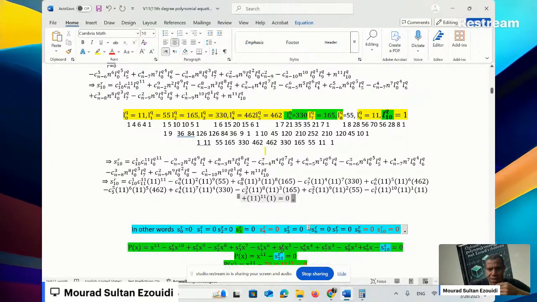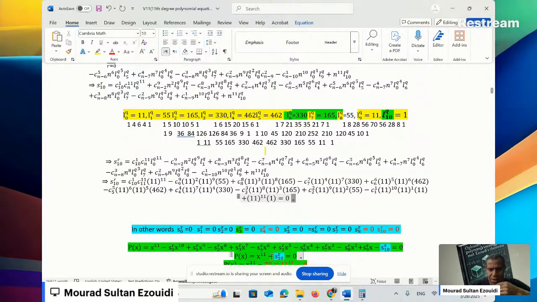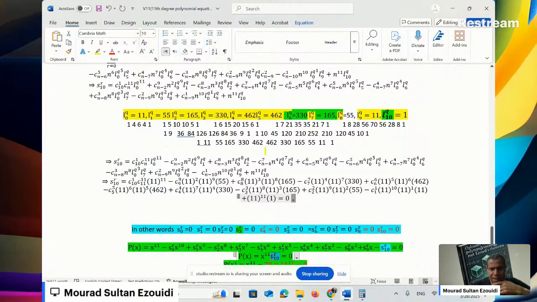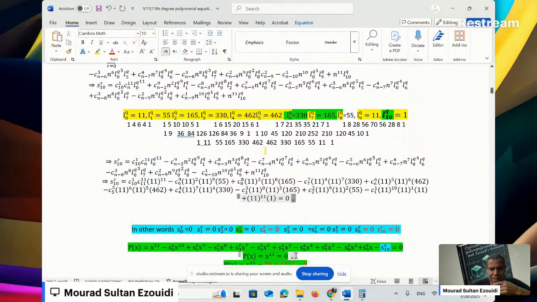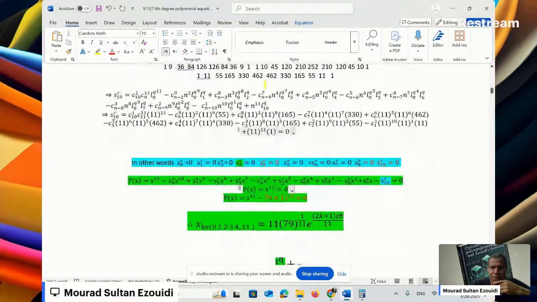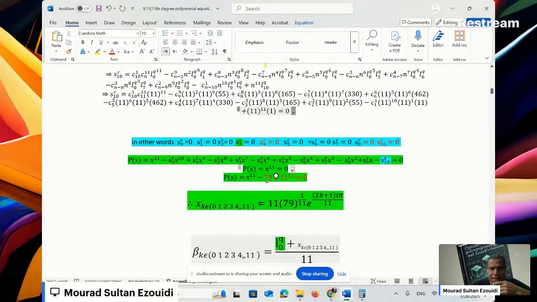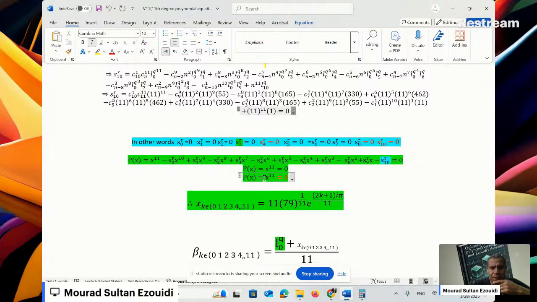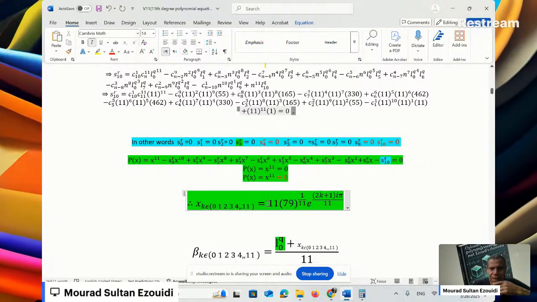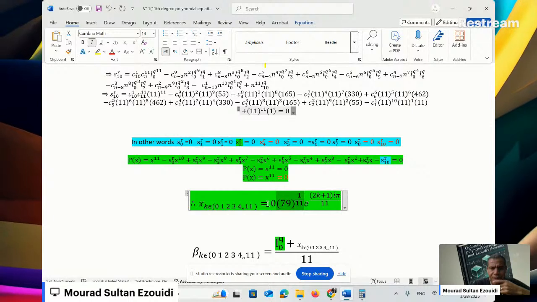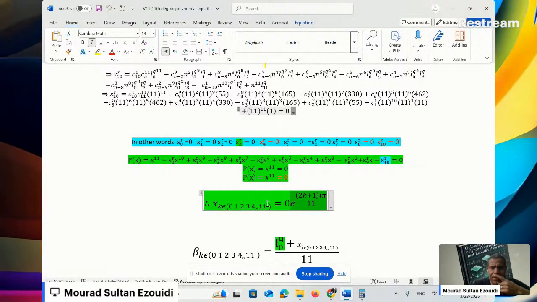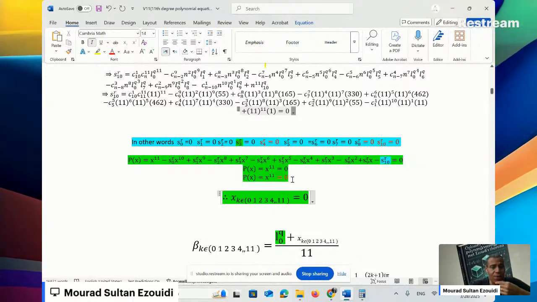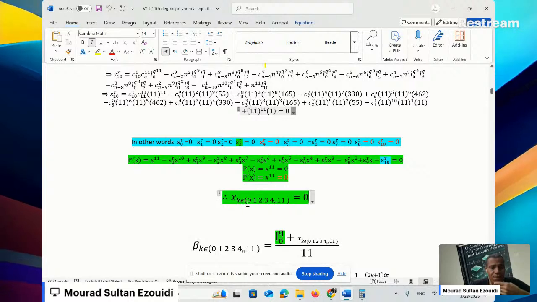All the coefficients are equal to 0. Therefore, I will write this as that. You see that? x to the power 11 equals 0 means x_k are equal to 0. I'll just write here equals 0 and erase everything. So x^11 = 0 means x_k, for k from 0 to 10,